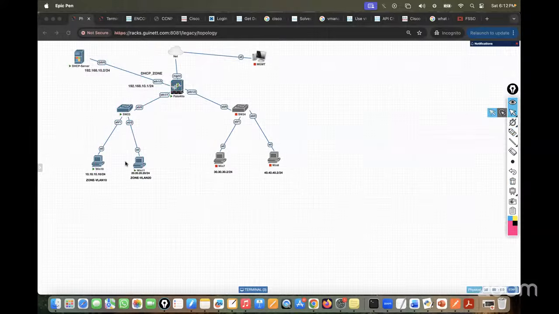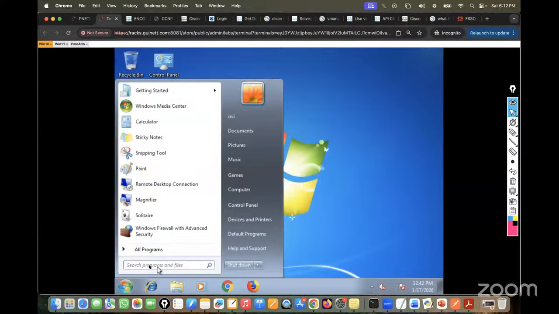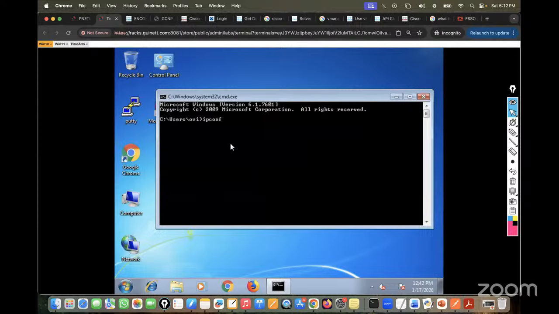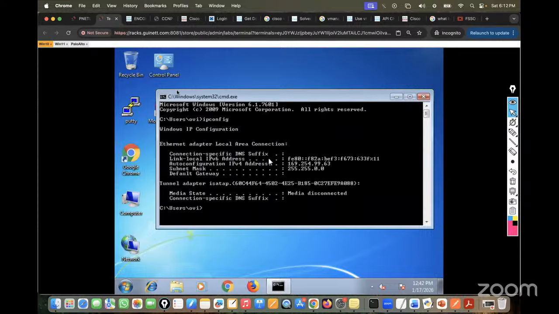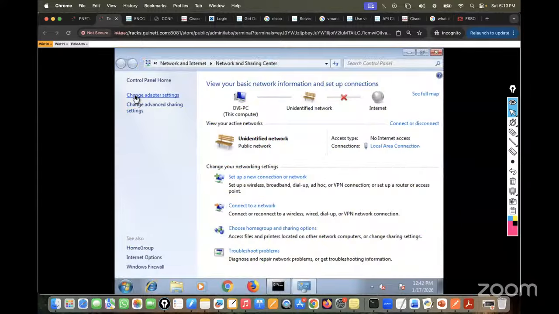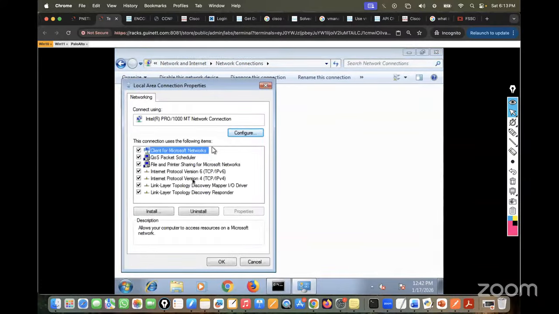So I will go here, on the PC. See, this PC has already had an IP assigned. Let me show you. I believe I have done the IP assignment. Let me try one more time. ipconfig. Okay, there's no IP, so I will assign the IP address. So I will go here and give the IP assignment. This is going to take an IP address